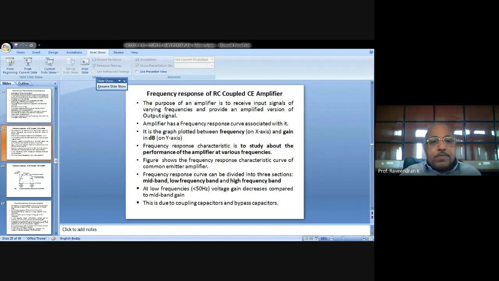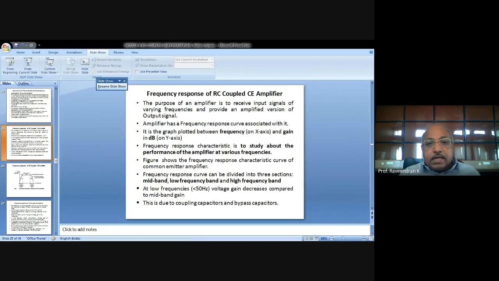I told you, this is the frequency response characteristic. This is the high frequency region. This is the low frequency region. And this is the mid frequency region. Between these, this is the mid frequency region, where the amplifier will be almost maintaining a constant voltage gain. Now,